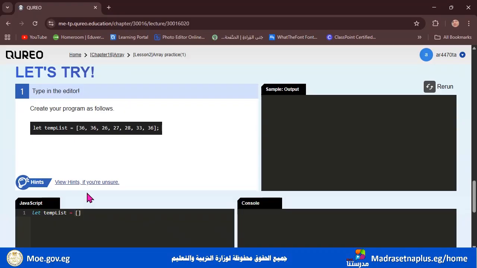Let's write 36 and a comma, 36 and a comma. 26, comma, 27 and another comma, 28 and 33 and finish with 36. Okay, and as usual we end our program with a semicolon.